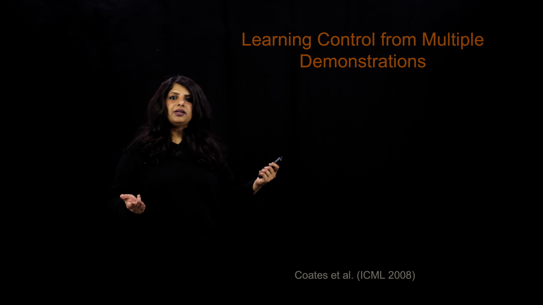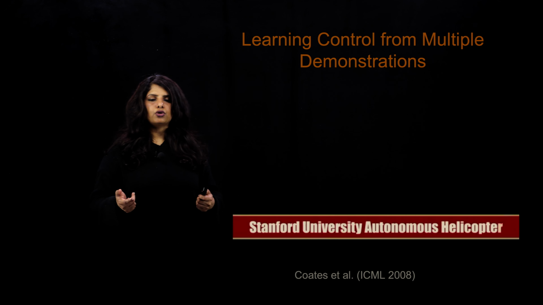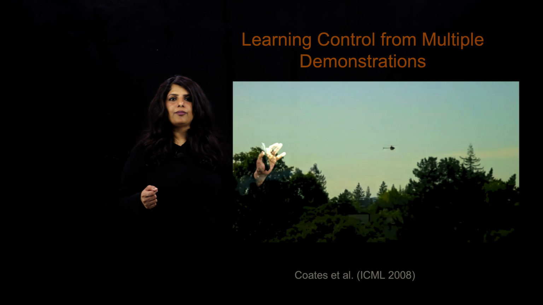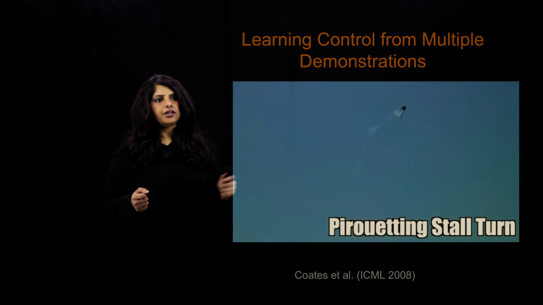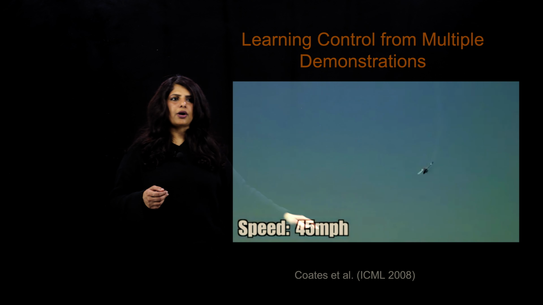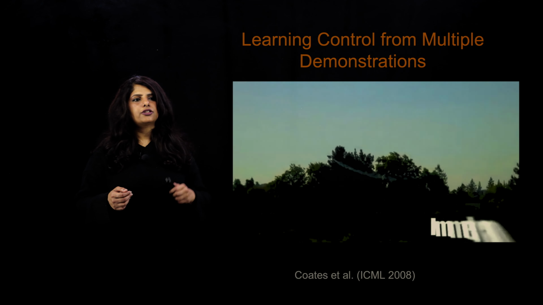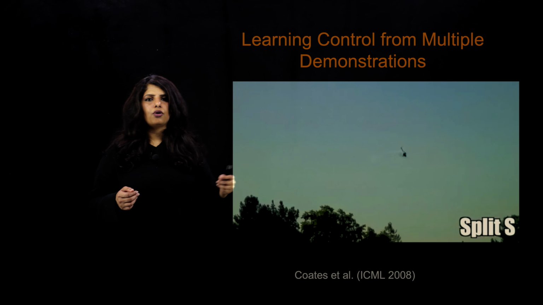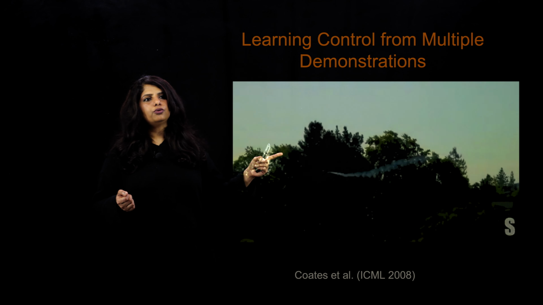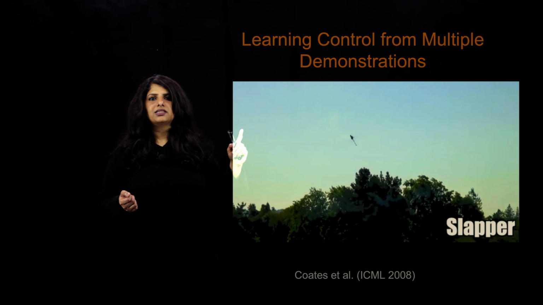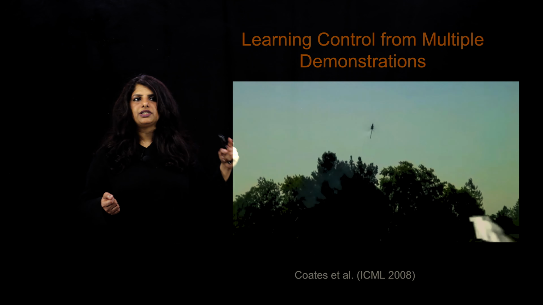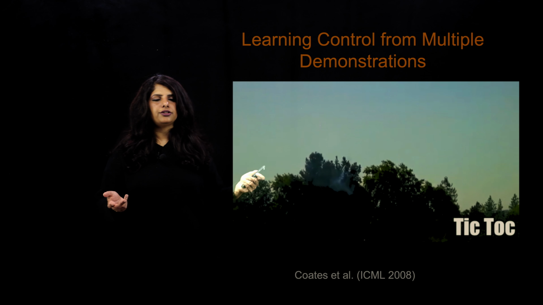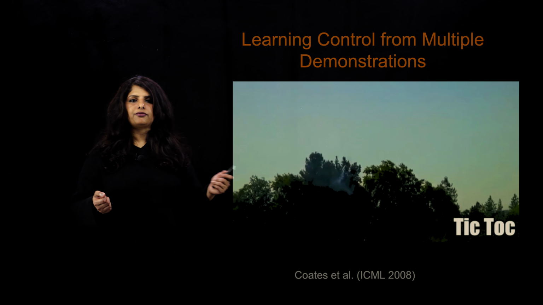One of the seminal works in inverse reinforcement learning settings is this work called heli-aerobatics that comes from Stanford way back in the late 2000s. The goal here is to have a helicopter perform a certain series of tricks. To be able to do this, it's going to be really hard for us to specify a reward function for each one of these tricks themselves. Maybe it is easier for us to show the exact demonstrations on how these tasks can be performed.